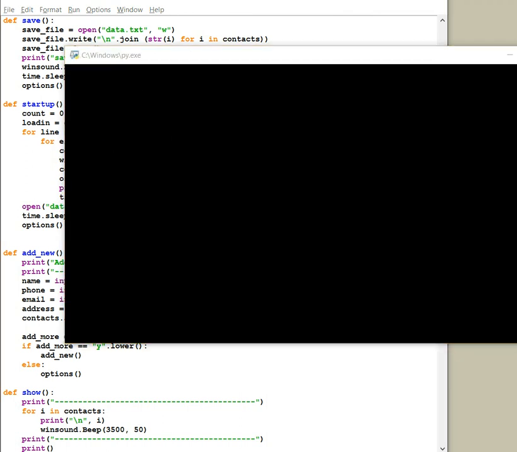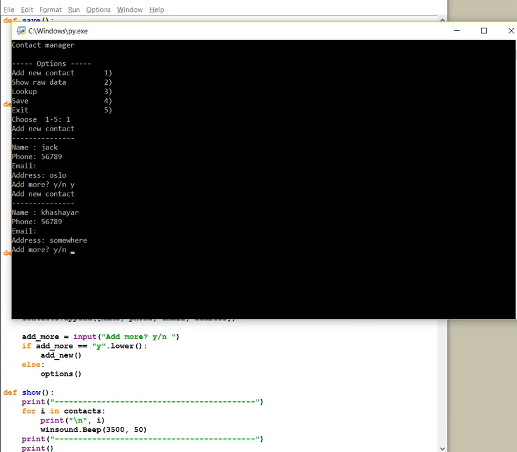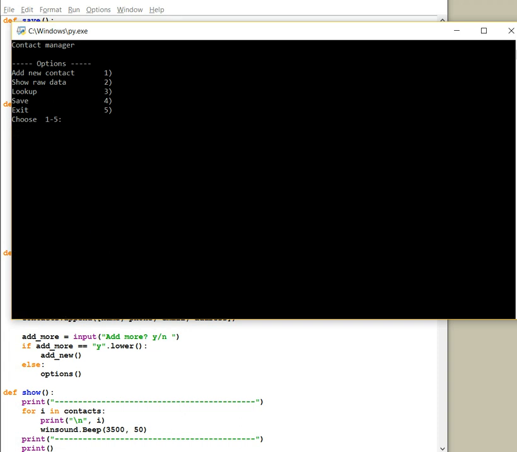For the last time, there is nothing, so add new contact, name Jack, phone this, email, no email, address, let's say he lives in Oslo. Add more, yes, name Shayar, phone, email, don't have email, and address somewhere. Add more, yes, name John, for example, phone this, he has email john@john.com, and he also lives in Oslo. Add more, no. Okay, let's save it,